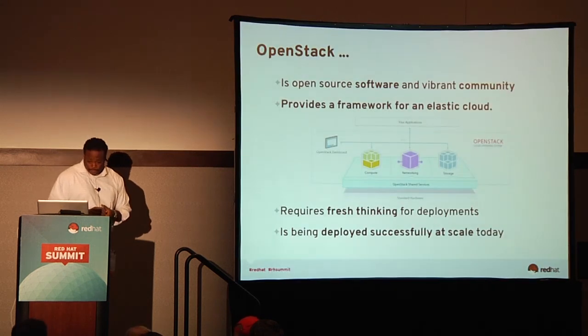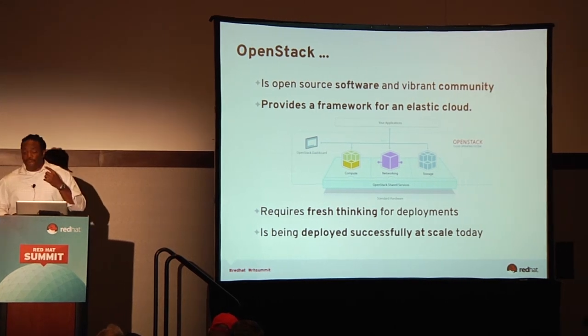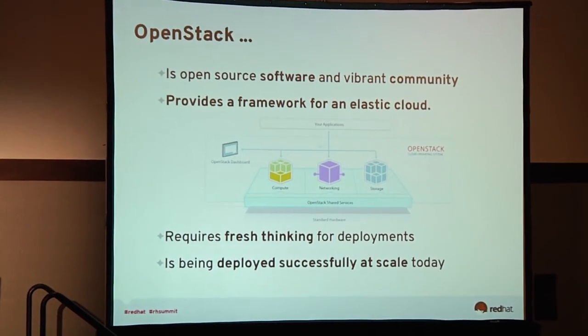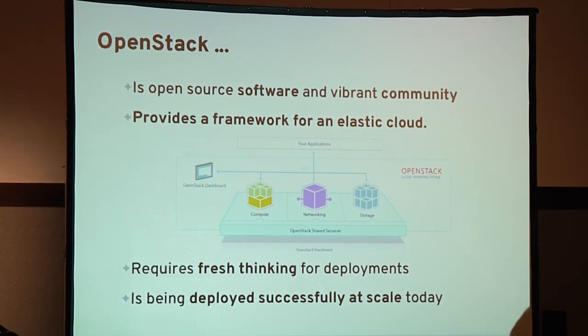So in summary, OpenStack is software and it's a framework, with a very large, diverse, and passionate community, and a very fast cadence. Everything is maturing very fast. And again, the takeaway here is that OpenStack provides a natural affinity for elastic applications. The deployments, though, are not what you would see in the 90s. You have to upgrade your thinking and get fresh thinking in terms of having a network fabric to support the elastic cloud. And it's actually deployed at scale today. Lots of folks are using OpenStack, but the use case has got to be spot on.